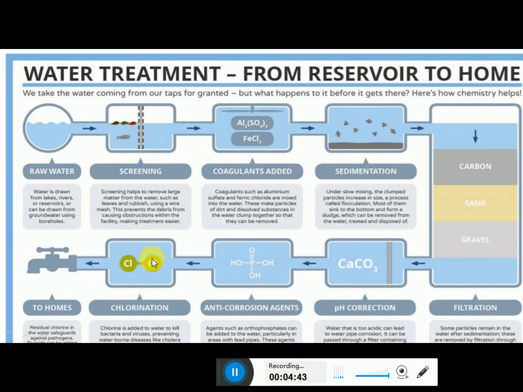After all these processes, the water reaches your houses through the tap. Before reaching your house, a single drop of water has to undergo all these processes, which is quite exciting, and it also requires a lot of effort and a lot of technology to get clean water to your houses. So this is the overview of this module.